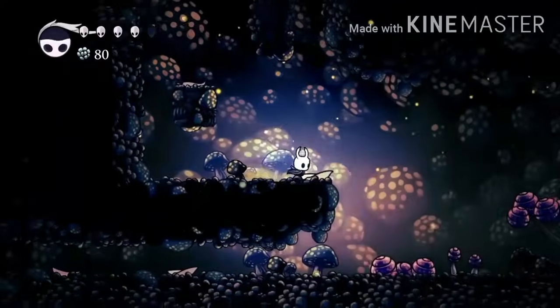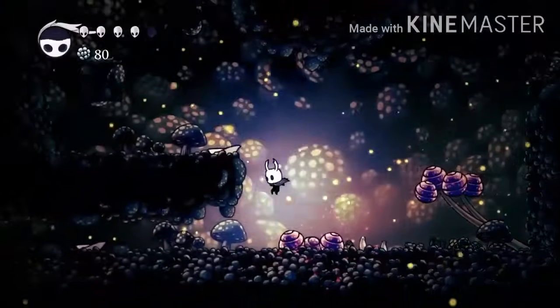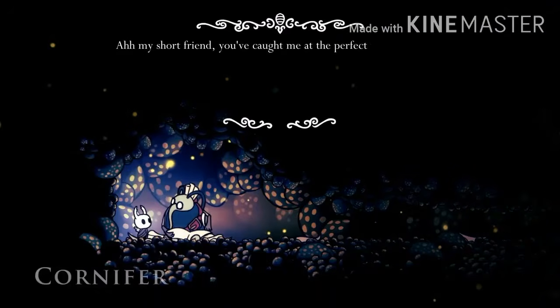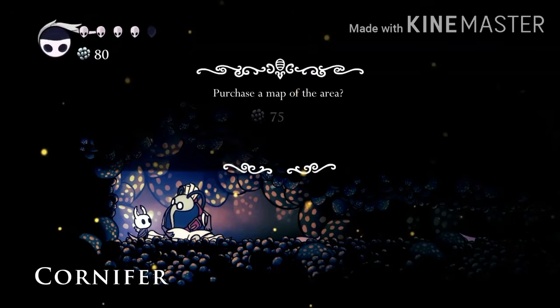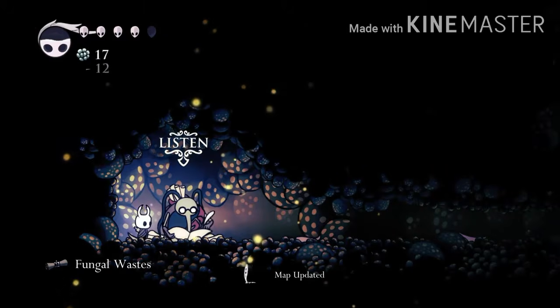Now here's the location where you can meet the map guy. He's on the left side. He will cost you 75 geo, and make sure you take the map from him. Like every map guy, you just have to take the map from him, or else you're gonna be very confused